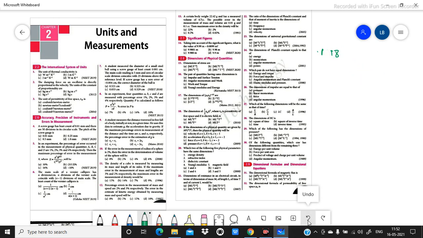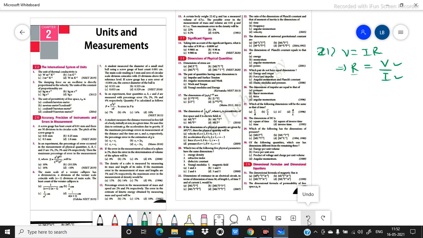Okay, so what is given in the question? The dimension of resistance of electrical circuit. So number 21 will be V equal to IR, and R equal to V upon I. So now I need to find out these two ratio, then I will get the dimension of this R. So how to do this? Okay, so I can write like this.